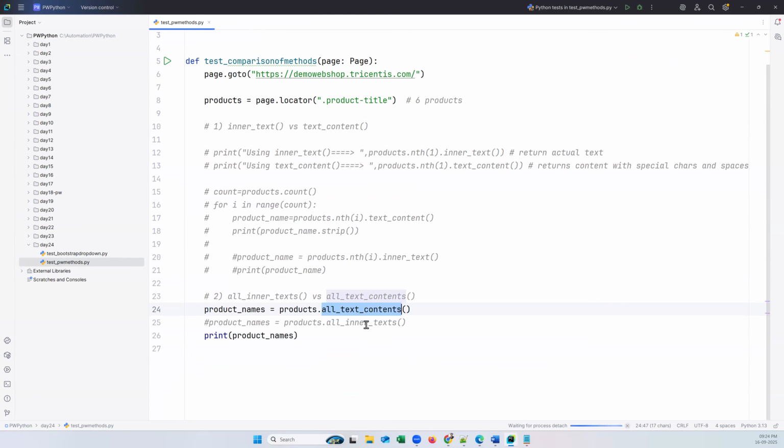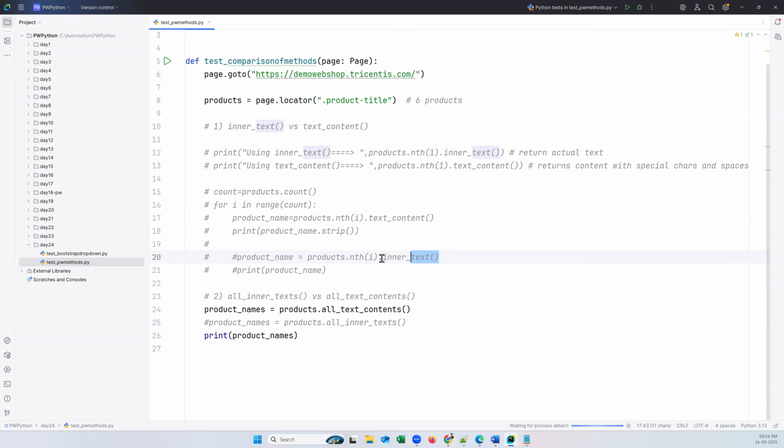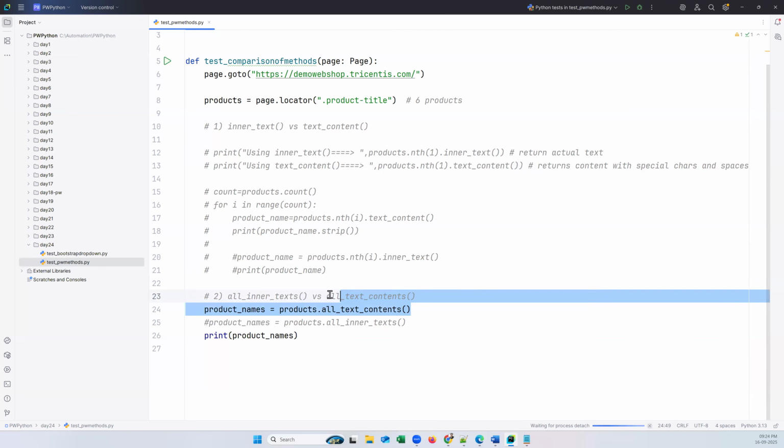All text contents and all inner text, both are returning the list collection only. But the difference is all text contents returns the list along with the spaces and hidden characters, while all inner text will actually return the text. And this is applicable for a group of elements, and text content and inner text are applicable for a specific element. Okay. But again, if you still want to use all text contents but want to avoid hidden characters or spaces and all,